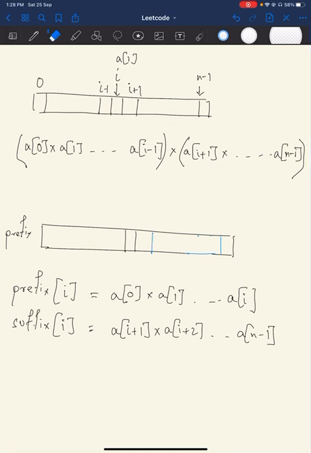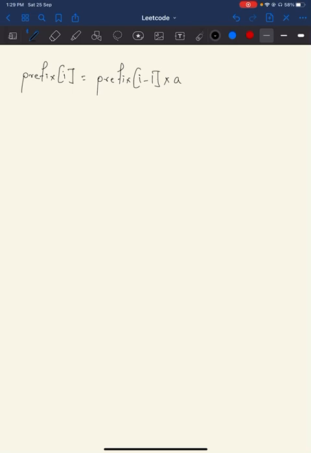Okay, so to find the prefix, what we need to do is calculate the prefix array using this method. We can say that prefix of i is basically equal to prefix of i minus 1 multiplied by a of i, because this thing is basically a0 multiplied till